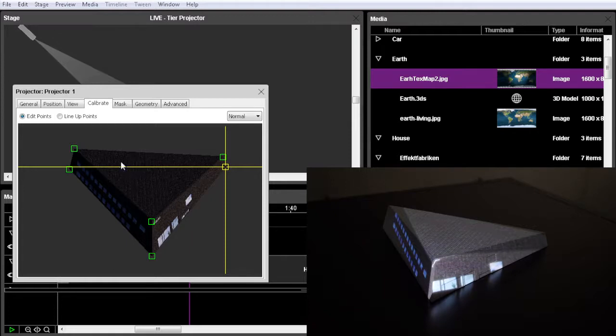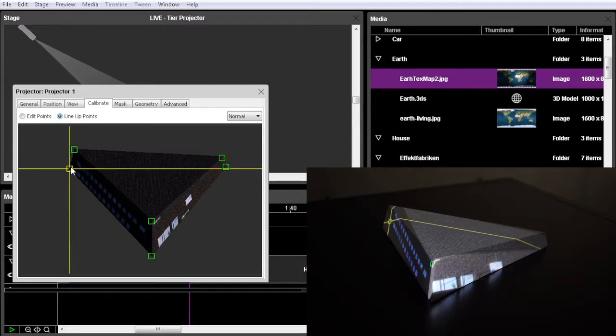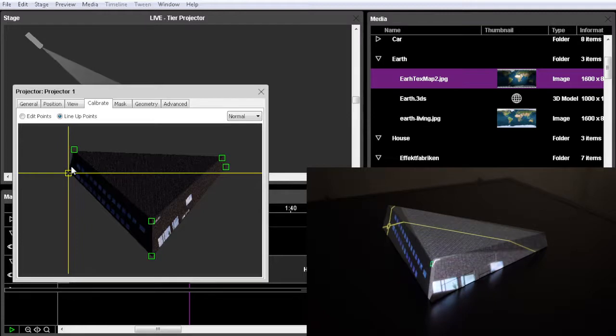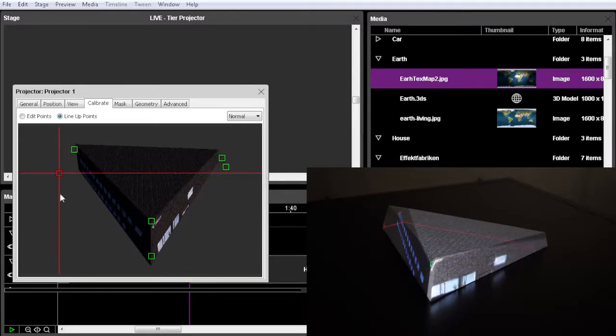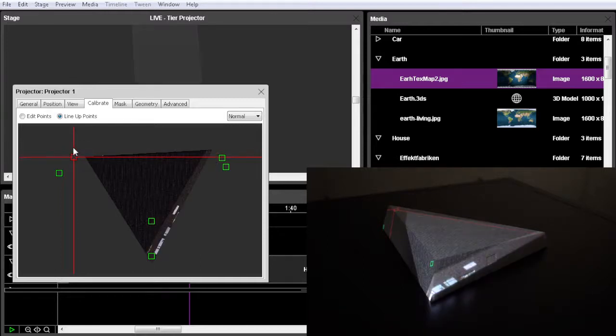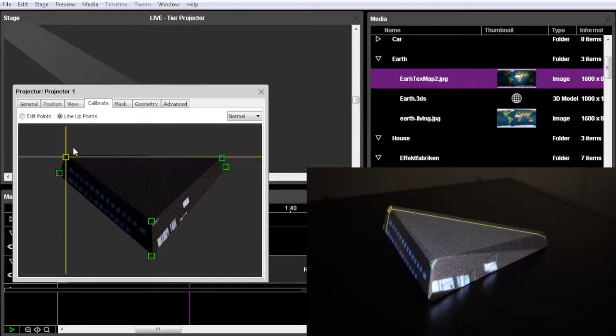And now I switch from edit point to lineup points, and you will see your calibration marker being projected on the physical object. So I start to select them, and now you just need to move them into the right place on your physical object. You can move these points with the mouse, and you can make fine tuning with the